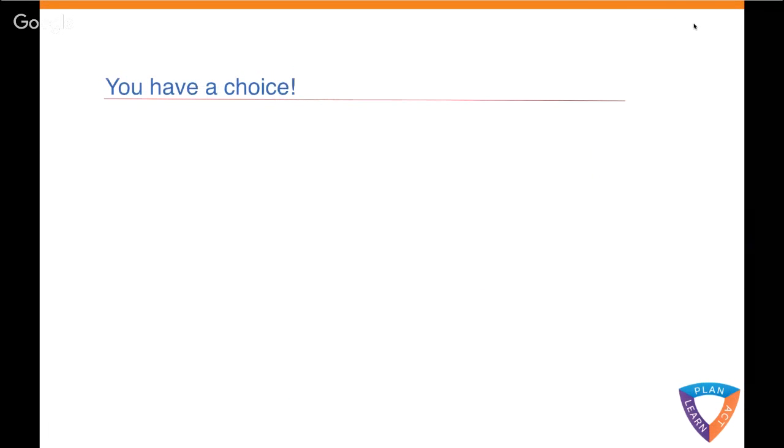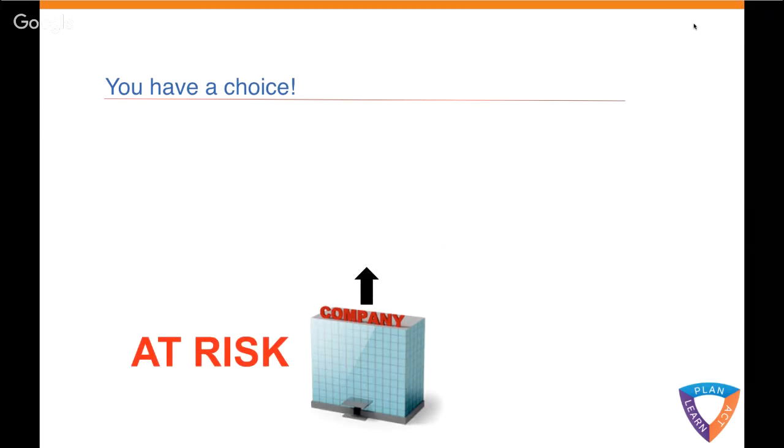So you do have a choice. Finishing watching this webinar, you will have a choice. As a company, you can continue at risk. Hopefully you're not, but you may be. I see some things that you think you are at risk. So you can continue to give people what they want. And let me just explain this a bit more.